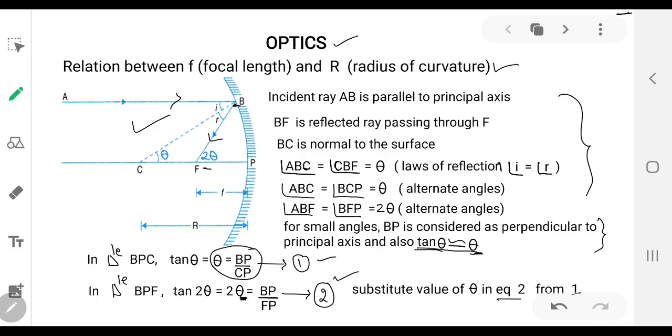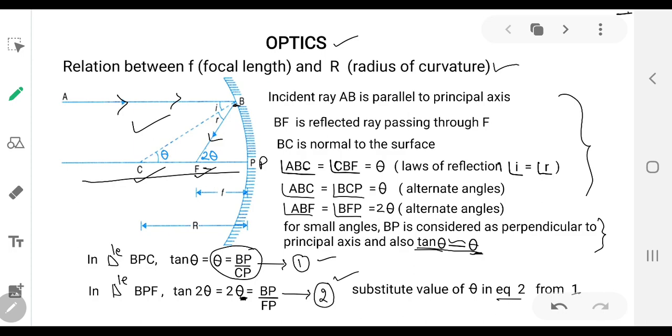Here in this derivation, the key point is the concave mirror you are using. Any mirror you use, your first job is to draw the principal axis, mark the pole, principal focus, and center of curvature. These are the basic points that you need to draw in a ray diagram related to a mirror. Then in this particular derivation, you are considering only one ray parallel to the principal axis. That is the first key point that you have to remember. Automatically a ray parallel to the principal axis will pass through the principal focus.